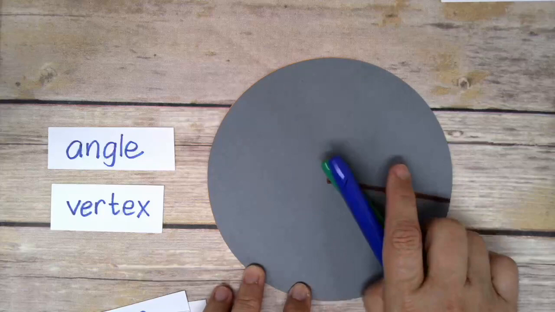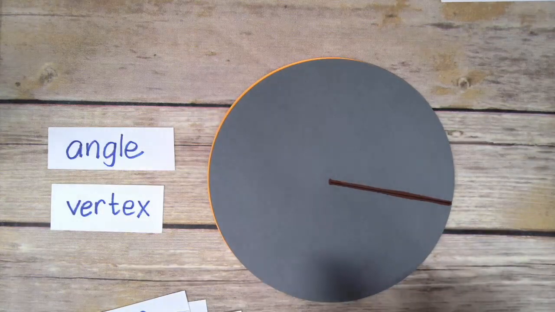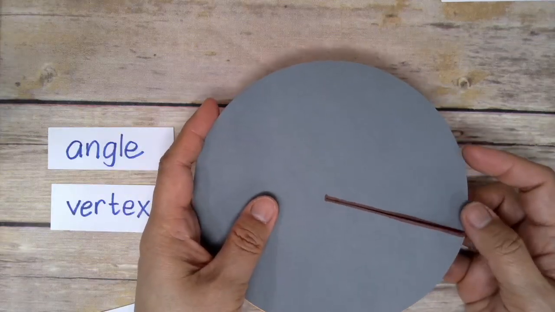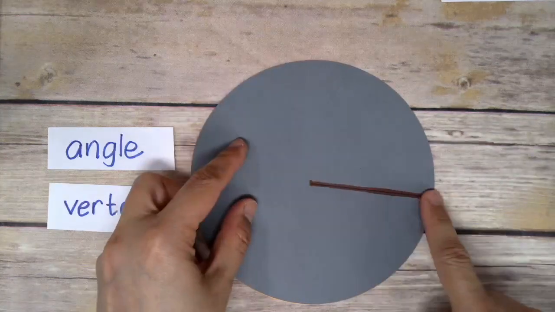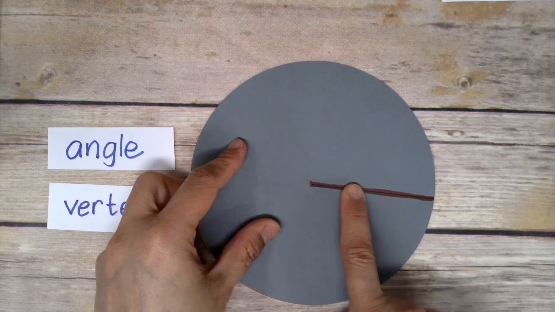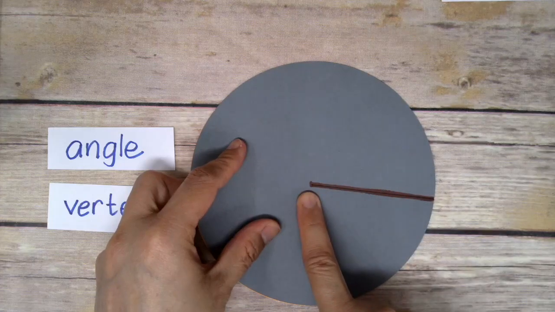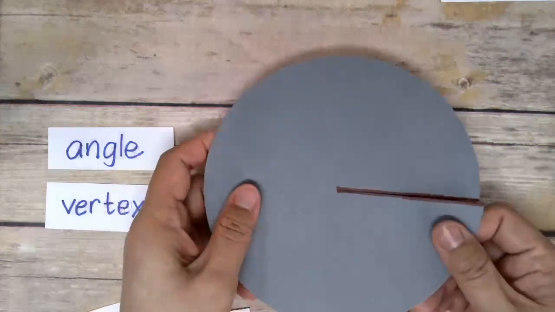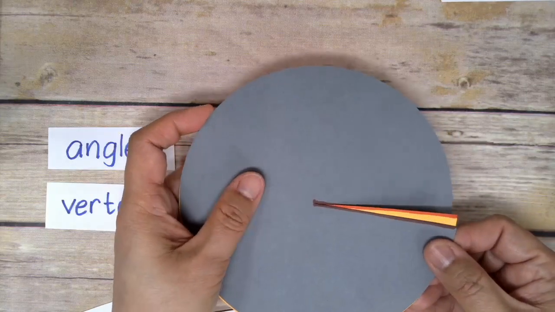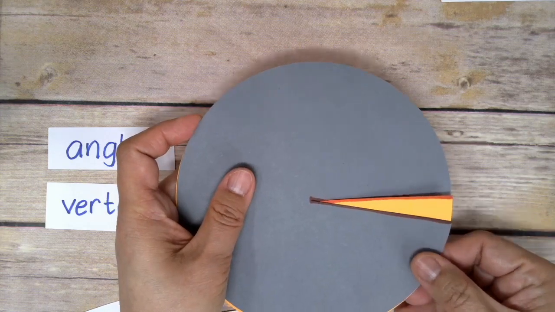Now, we don't form an angle only by simply drawing two lines and letting them intersect, but we can also form an angle by rotating a line about a fixed point. So let's imagine that this particular line rotates about this fixed point, which is the center of the circle. And as we rotate this line, we see that the orange circle